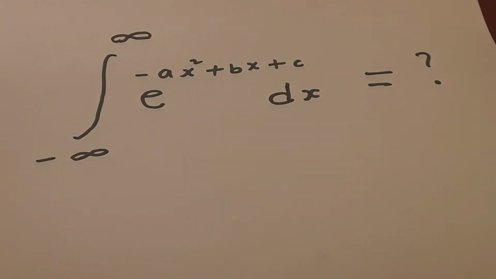But I just want to come up now with the integration of this integrand: e raised to minus ax squared plus bx plus c. Obviously, when I teach integration to my beginning calculus students, I always tell them that some integrals are impossible, with a bit of expansion to what that actually means. We encounter